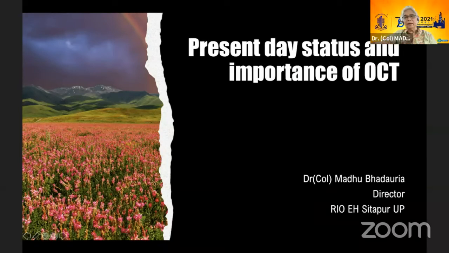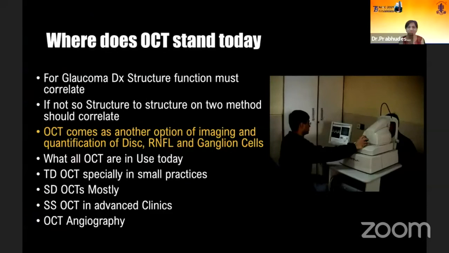Thank you, Medha. It's really nice being here. My job is to sum up what you all have said and how to put it into practice. For glaucoma diagnosis, we need a structure and function correlation. But on many occasions it's not really possible, because the patient is a very important factor which doesn't play up in the function. If it's not structure to function, then we can go from structure to structure. In that way, OCT comes as another option of imaging, which is not only giving us the picture, but also giving us quantification and changes over time, which is really important in terms of RNFL and ganglion cells more than the disc.